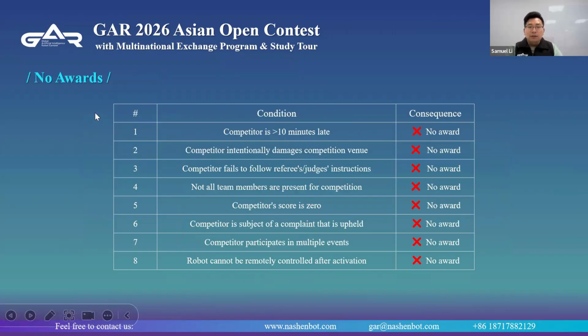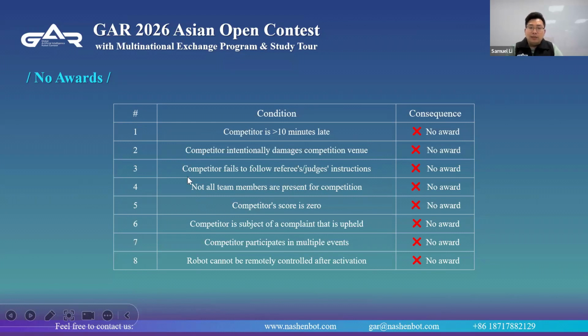No awards if: competitors are late for more than 10 minutes after the contest starts; or they damage the competition venue or fail to follow the judge's instructions; or not all team members are present for competition.